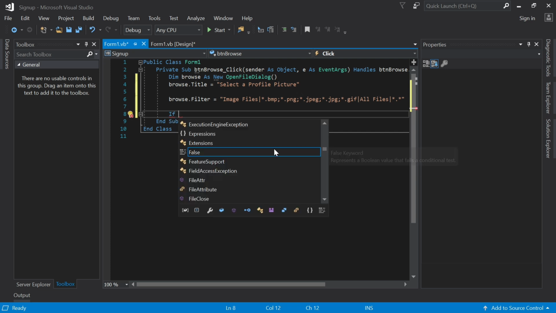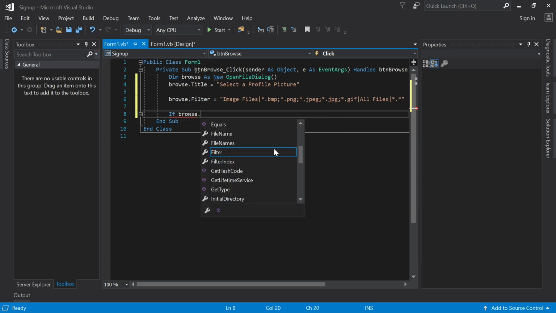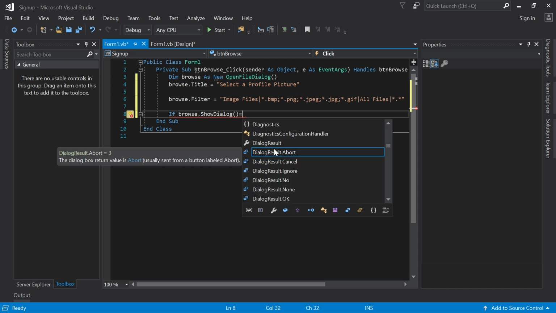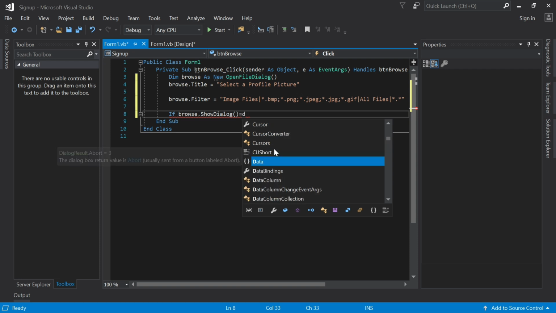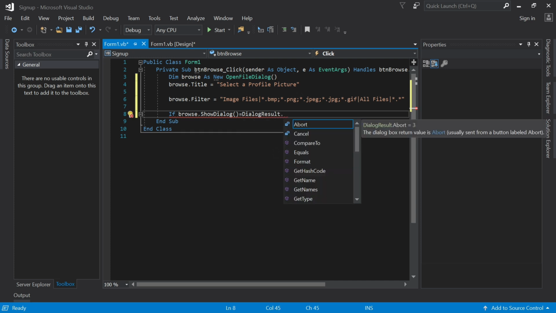So we say if browse, which is the object we created, if browse.ShowDialog, and the result of it, after showing the dialog, the image file you want to load, then you click on OK. So we say DialogResult.OK. If browse.ShowDialog is equal to DialogResult.OK, then